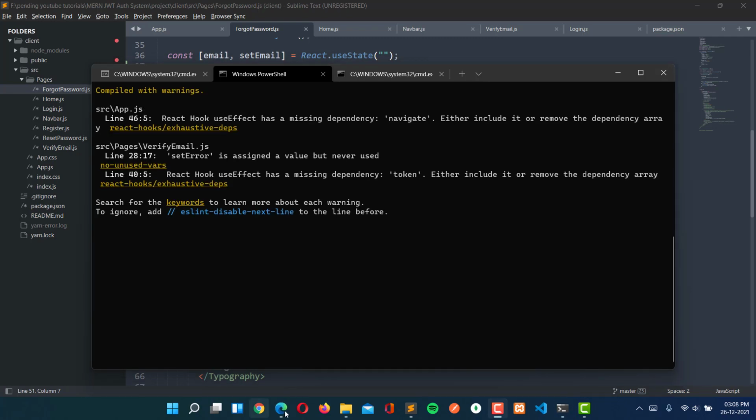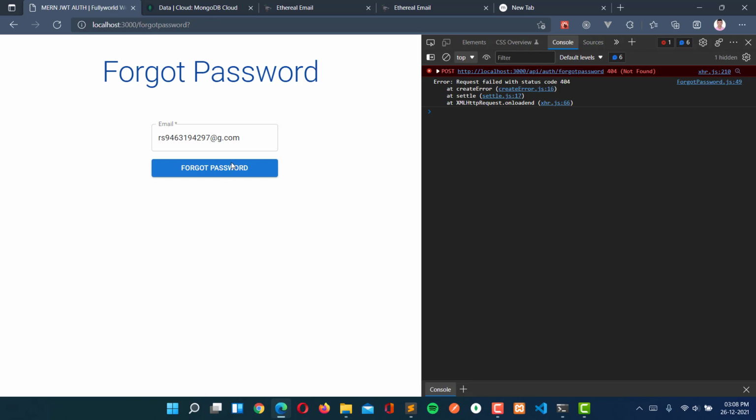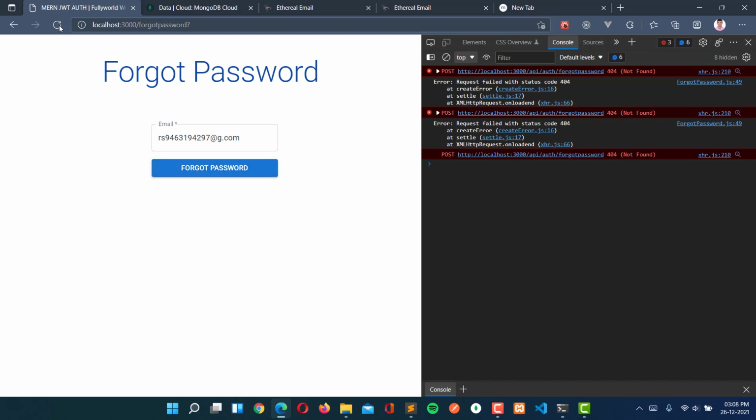So our server started successfully here. So let's move here and click on the forgot password, and here we should get the response here also. So I think I have to reload this. So let's reload it.